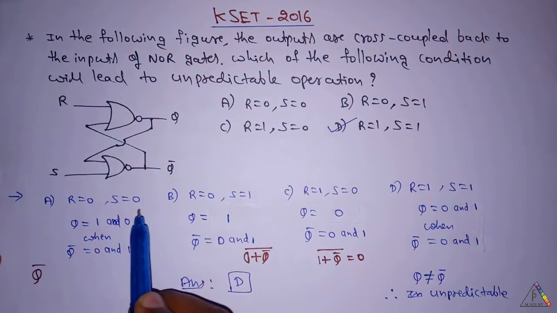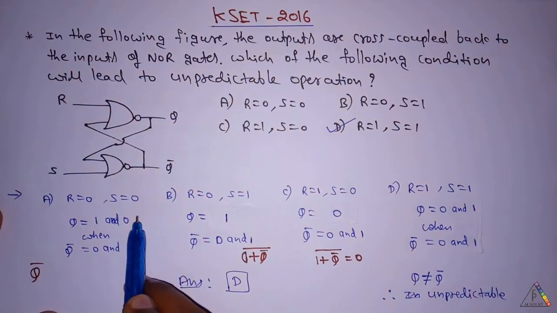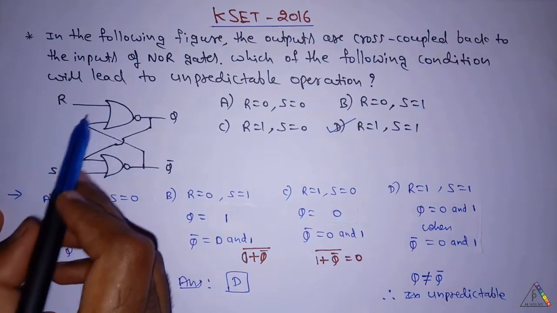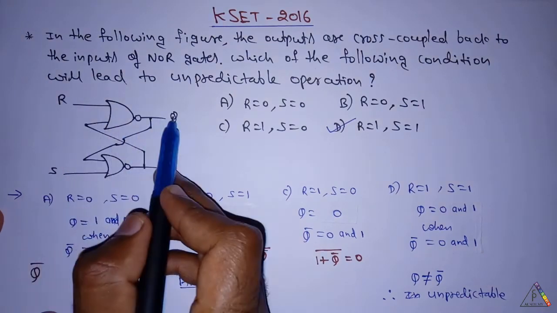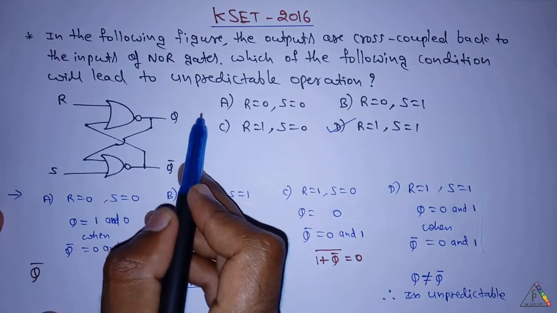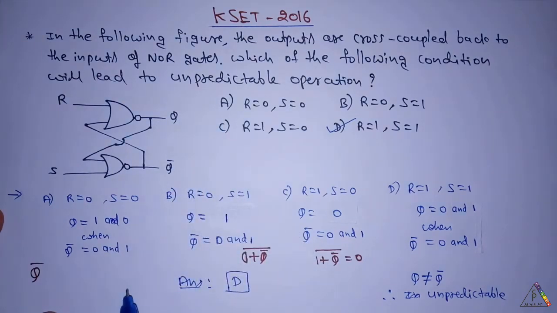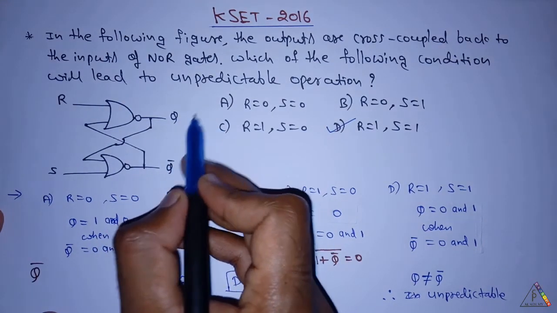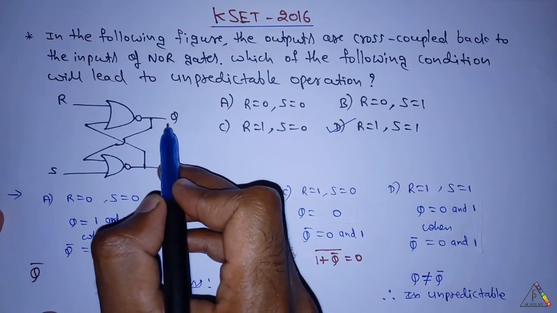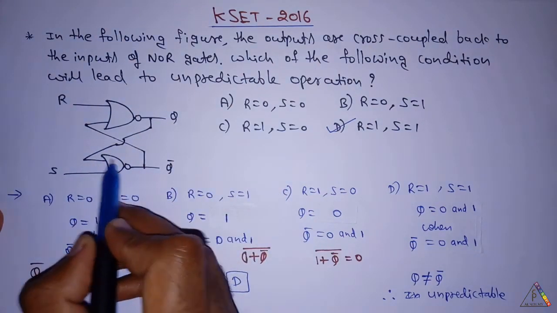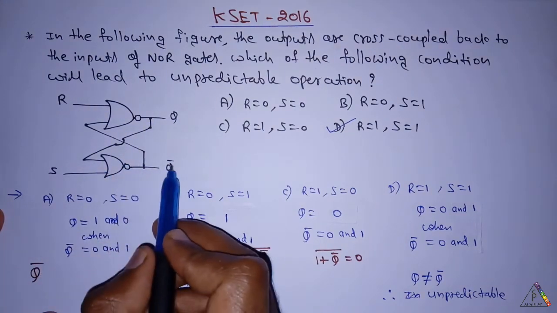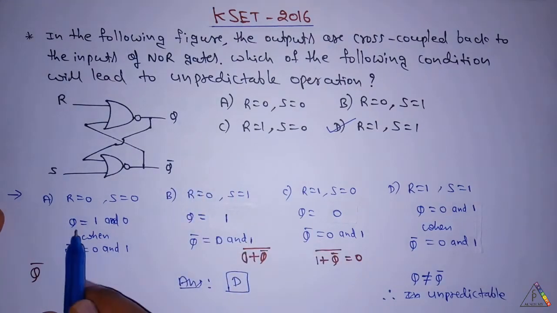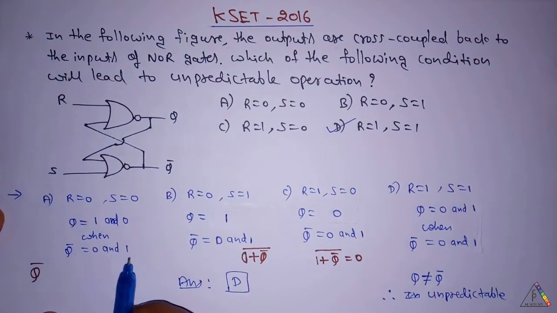that is R is equal to 0 and S is equal to 0, with R equal to 0, with the inputs 0 and Q bar, the output Q will be equal to 0 plus Q bar whole bar. Therefore, that is equal to Q, and this Q is input to this gate, and Q plus 0 whole bar is equal to Q bar. Therefore, for Q equal to 1, Q bar will be equal to 0, and for Q equal to 0, Q bar will be equal to 1.